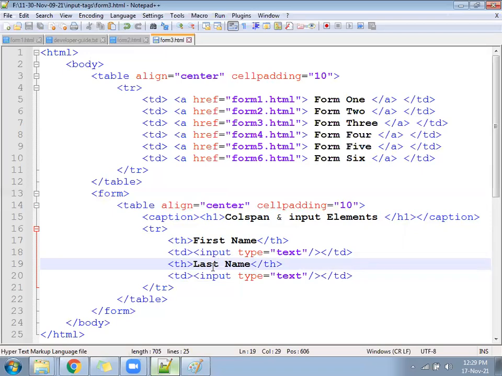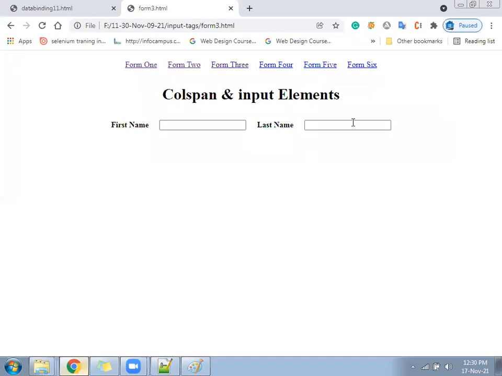First name text box, again last name text box. Hope written. Check now. In one row, total 4 columns.